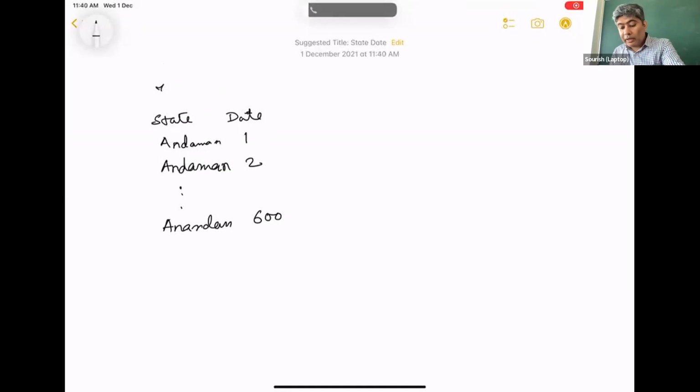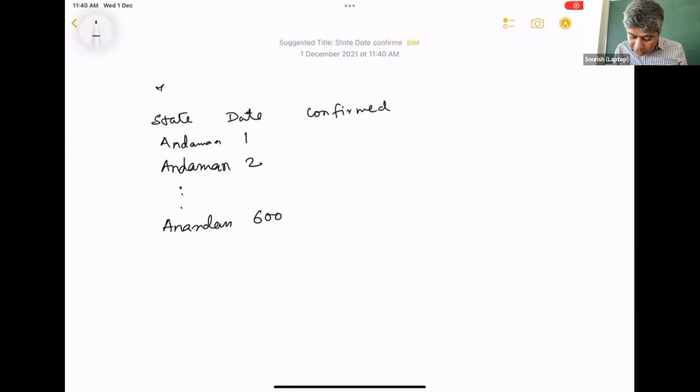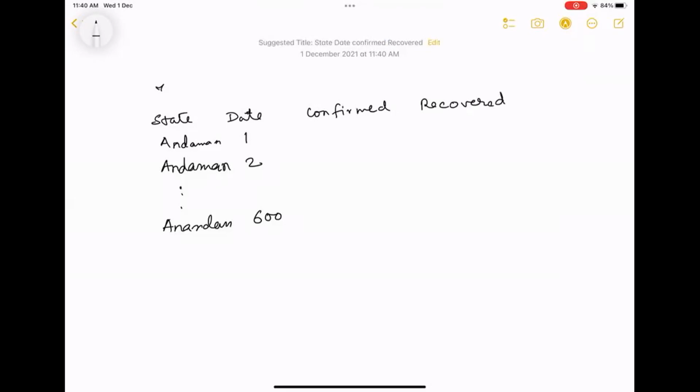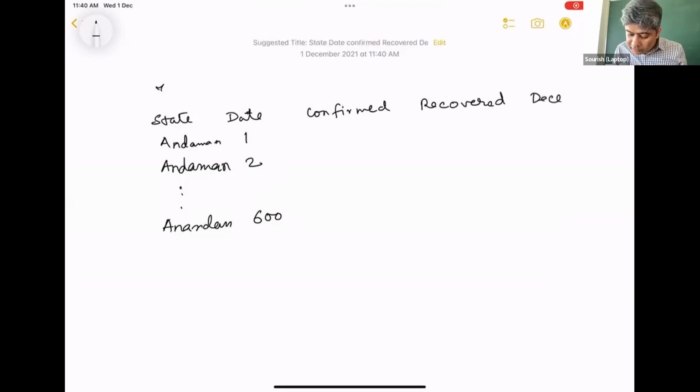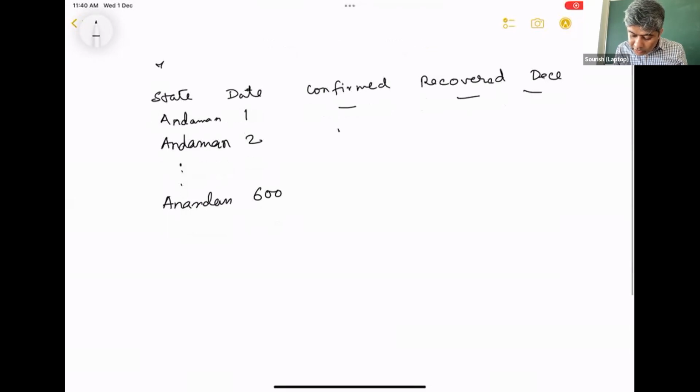Okay, and then I'm saying that in this particular 600 days, what are the confirmed, what are the recovered, what are the deceased, all these values we are just recording, correct? So that is what we are doing. And once the Andaman is completed, I'm doing Bihar. Day one, what are the values?